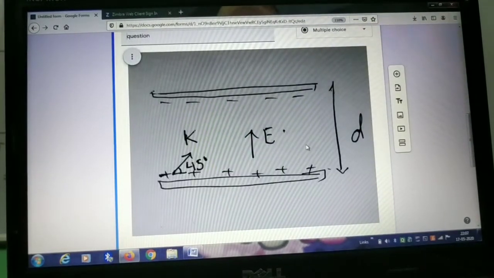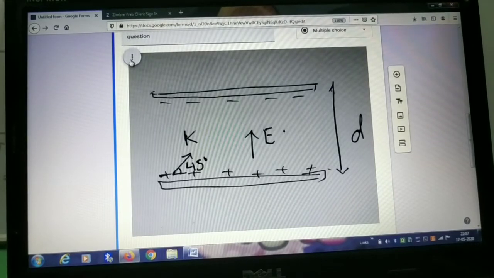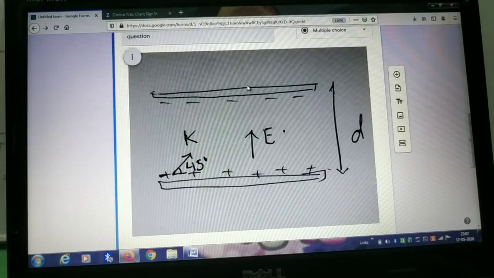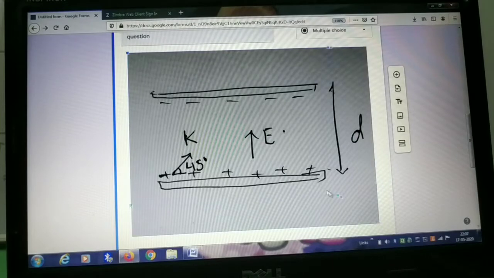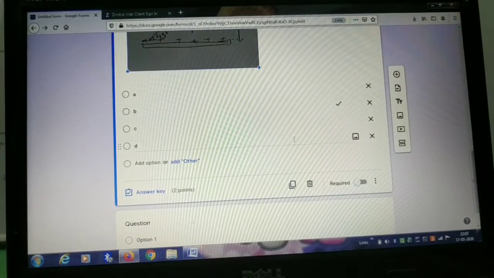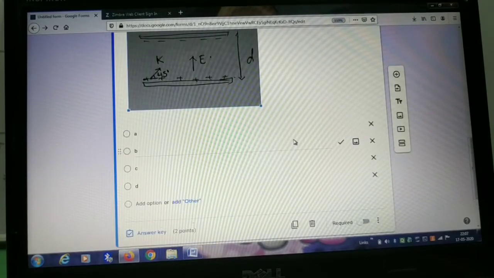Okay, you can edit. Now suppose you have inserted a wrong picture, how will you remove it? In order to remove this, you have to click these 3 dots over here, and then you will find the option as remove. You can right align, center align, or left align, your wish. Second thing is you can resize the image also. So click on the image, you will find these blue boundaries over here, and with that you can resize the image. Okay, everything you can do the way you do in Microsoft Word.